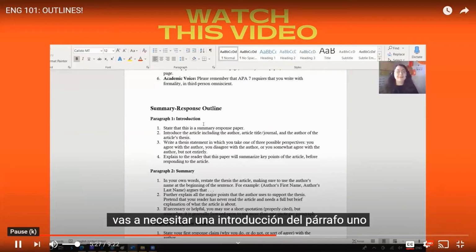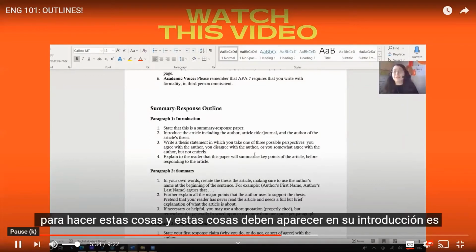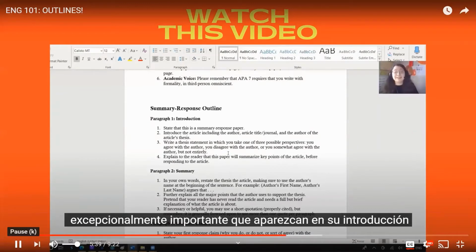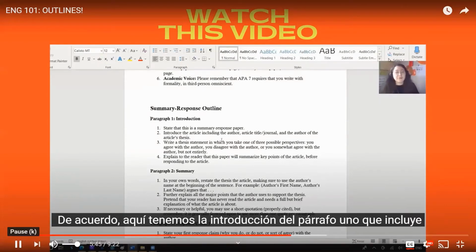You're going to need a paragraph 1 introduction. You're going to need, within that introduction, to do these things. And these things must appear in your introduction. It is exceptionally important that they appear in your introduction. I'll be going over this again in your conference with me. All right, so here we have paragraph 1, the introduction. It includes